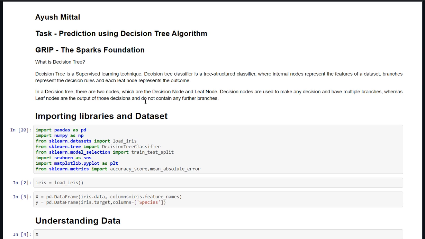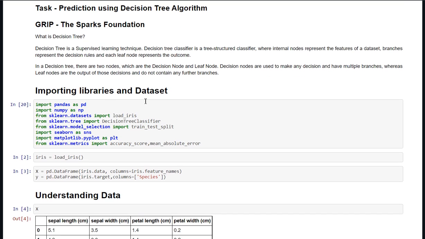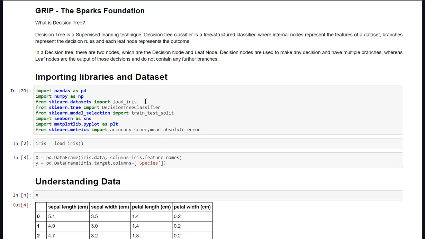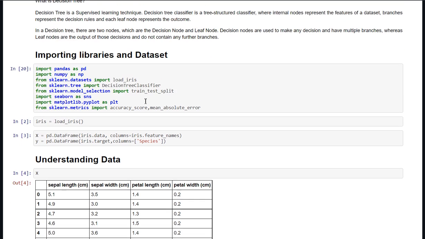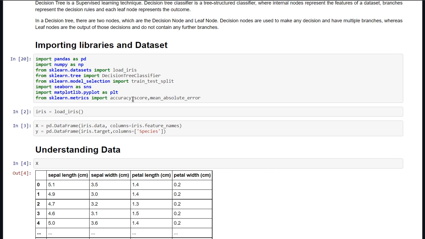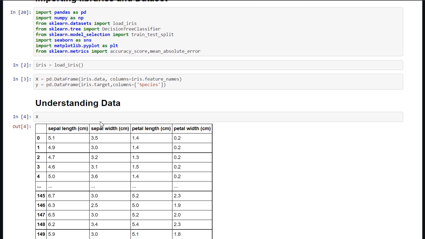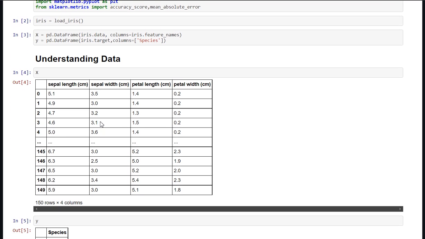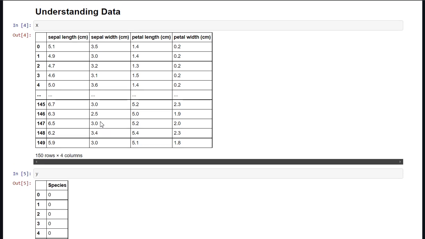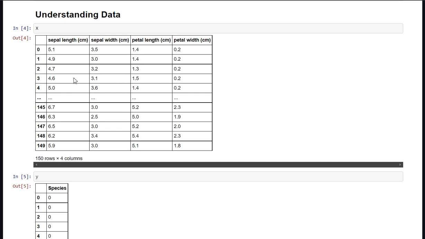So let's move to the coding part. Here I've imported the important libraries and also I've loaded the data from the sklearn datasets, which is the iris dataset. If we go further, here we can see the data. We have four features: sepal length, sepal width, petal length, and petal width.